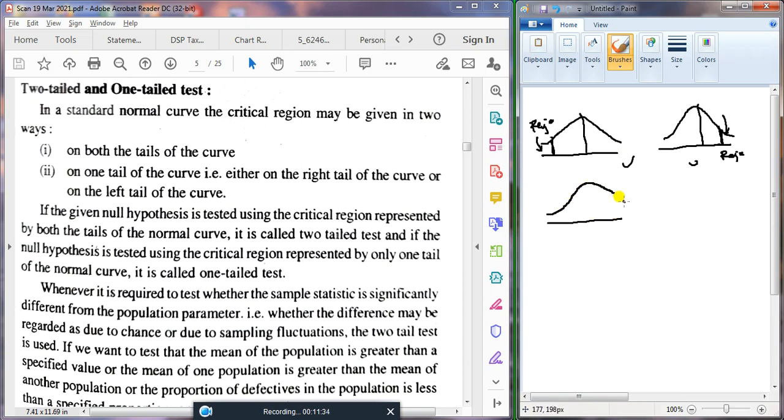टू टेल का मतलब क्या होता है कि टू टेल means we are going to accept and reject at both the sides, मतलब ये भी रिजेक्शन एरिया है, ये भी रिजेक्शन एरिया। तो कब हमको स्मेल करना है कि वन टेल कब यूज करना है और टू टेल कब यूज करना है। तो whenever you find the statement, so comparative degree statements, other than, more than, less than, greater than, superior than, you should go with the one tail only, one tail only।